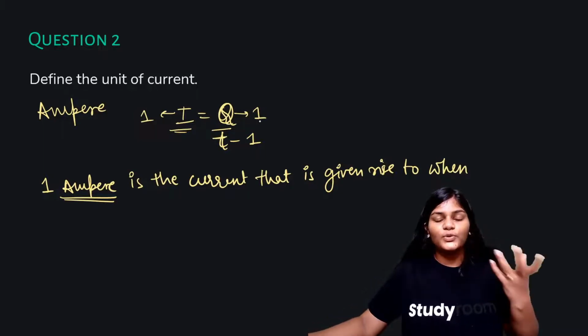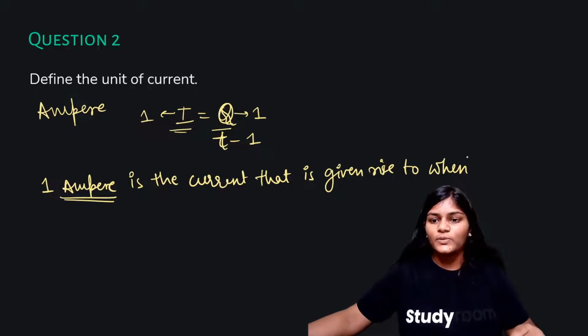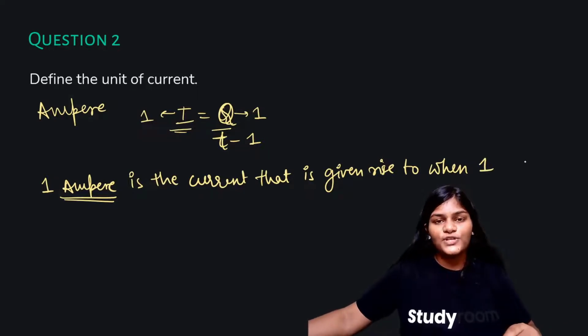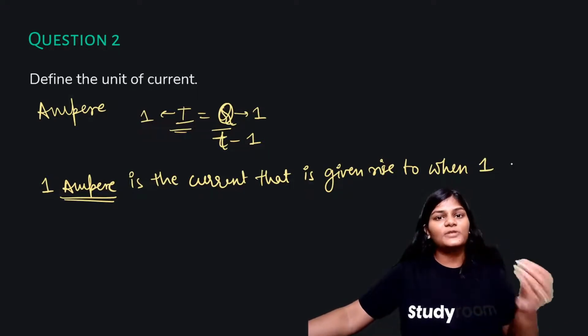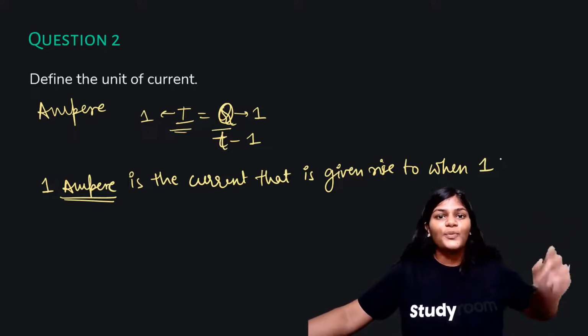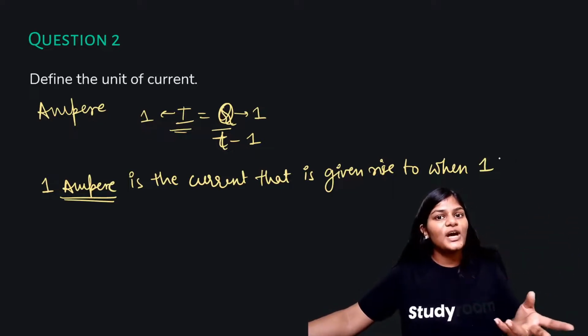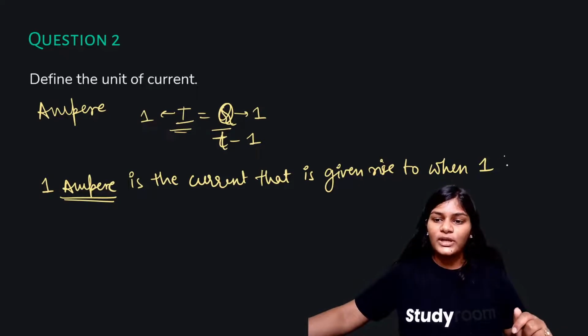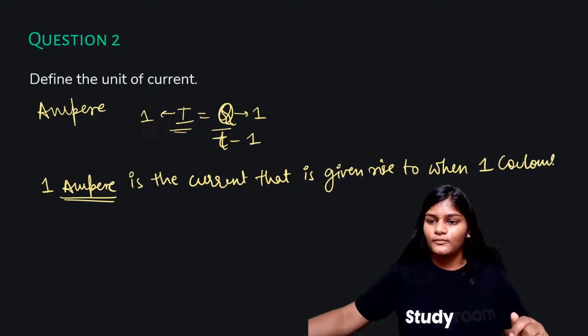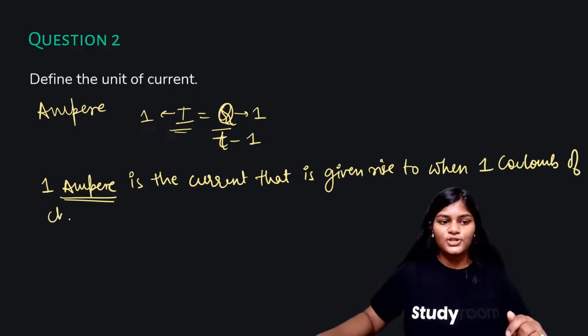How many units of charge? One, right? What is better than writing 1 unit of charge? We know the unit of charge. What is the unit of charge? It is coulomb. So when 1 coulomb of charge